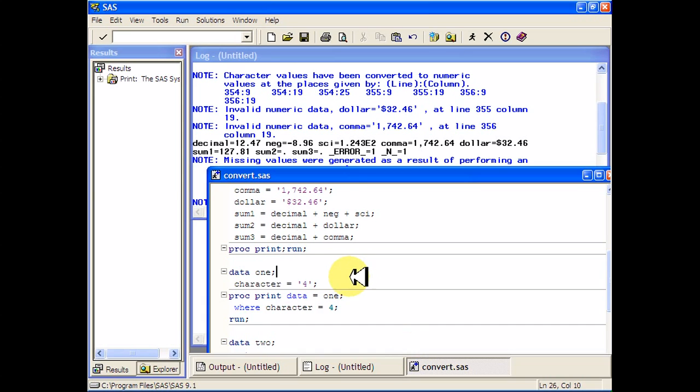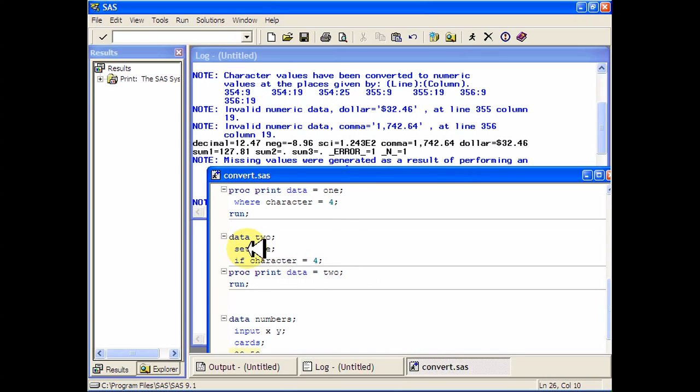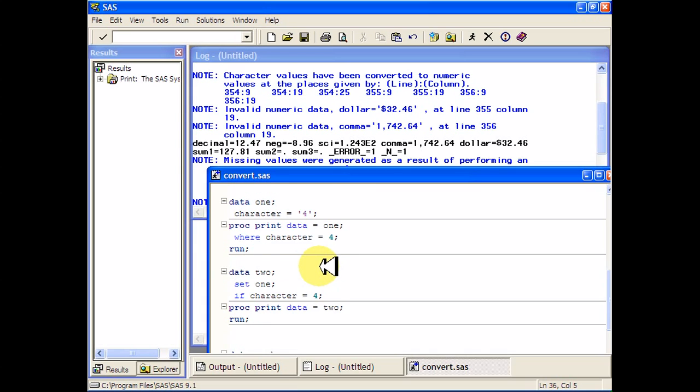So here's another place where it'll convert. It will do the conversion for if-then statements and other kinds of logic. If you're trying to compare something to a numeric variable, say if you're using if this is greater than that, it'll convert characters into numbers. So you see my original data set is